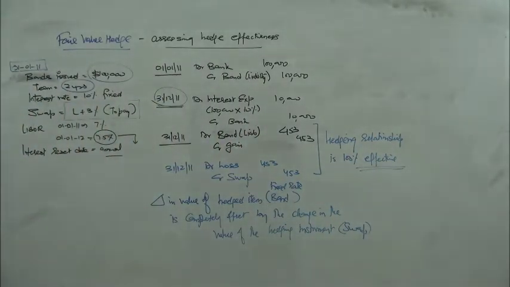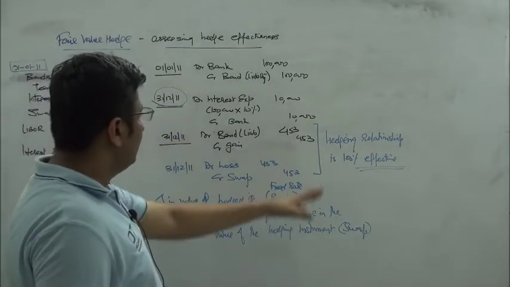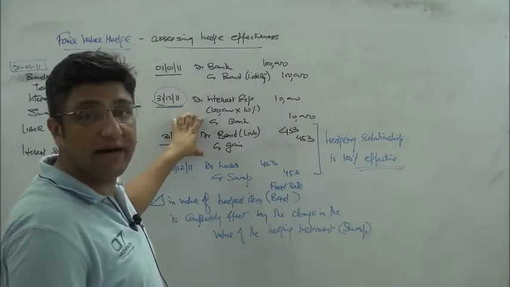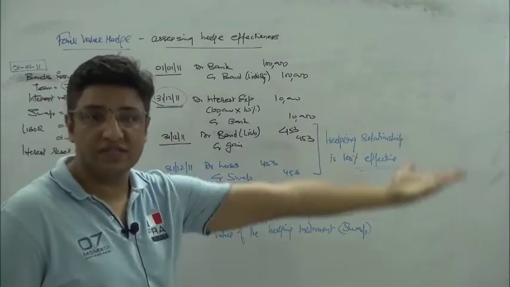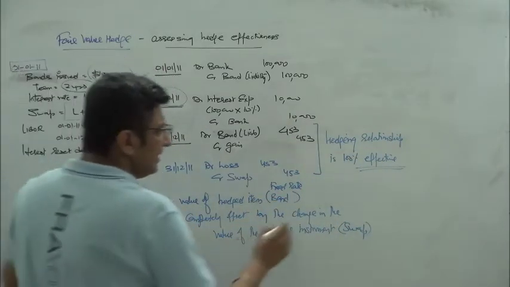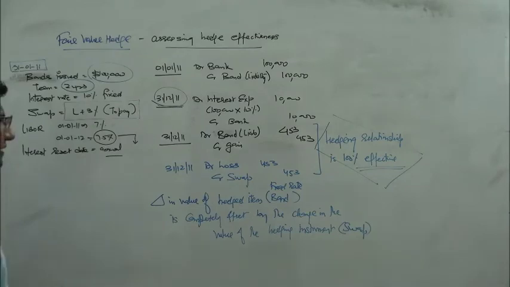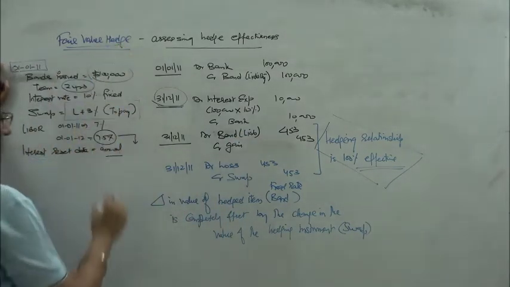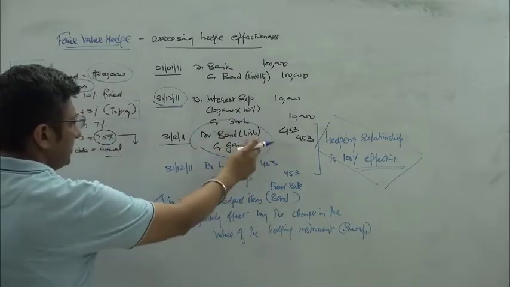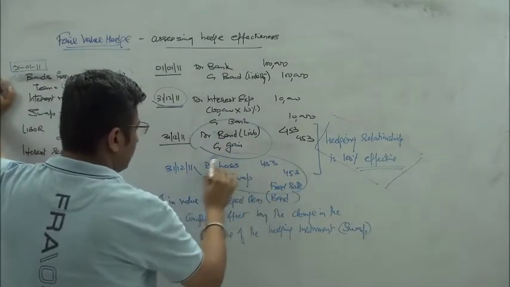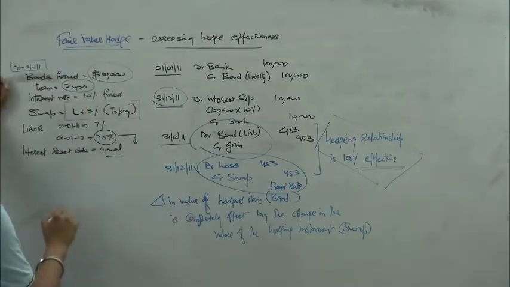Are you okay with that part first of all? Yep. So when you look into this kind of a scenario, precisely what we are saying is that your changes in the value of the hedged item, of course there would be an opposite change in the hedging instrument. Is it really making every connect here? Right now what you need to remember here is that under a fair value hedge, every change, be it the change in the value of the hedged item or be it a change in the value of the hedging instrument, they are all